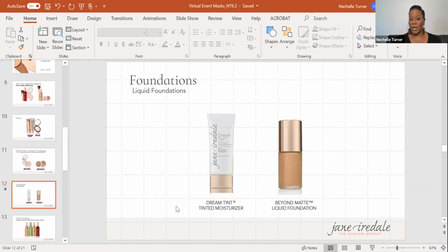Okay, let's talk about foundations. Liquids. We have a few liquid foundations that I love and I've been loving under wearing face coverings. We have our Dream Tint. I was teasing the other day with our marketing director, and I was like, I don't know what you're talking about. Dream Tint is my gym makeup. It's fantastic for you ladies out there who are kind of like our non-makeup wearers,